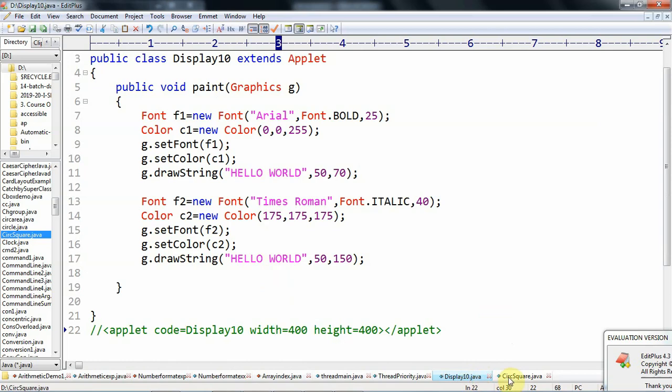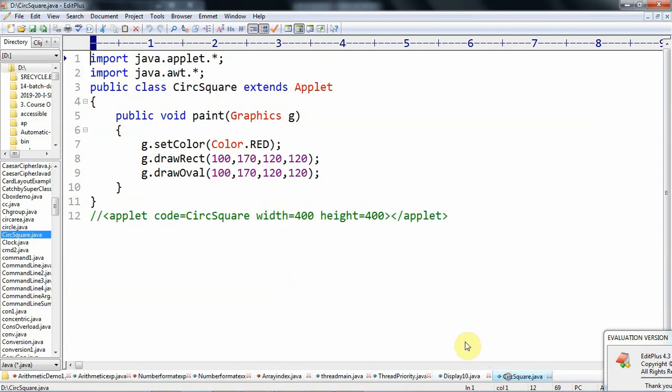Okay, the next program is displaying a circle inside a square. For this I imported 2 packages, then a public class extending Applet. Then the paint method. For setting the color I use g.setColor and we set the red color. There is no direct method for drawing a square, but we have a method for drawing a rectangle, that is g.drawRect.